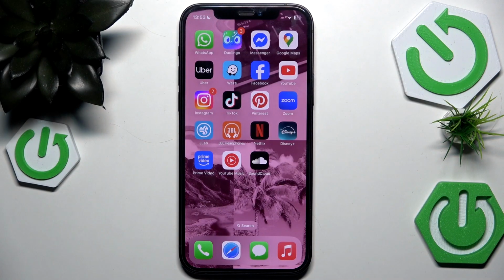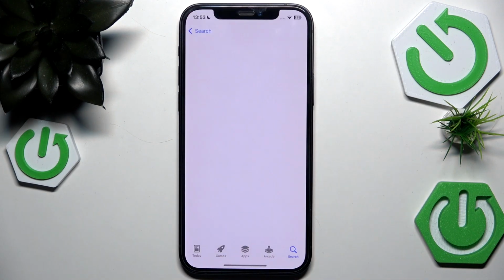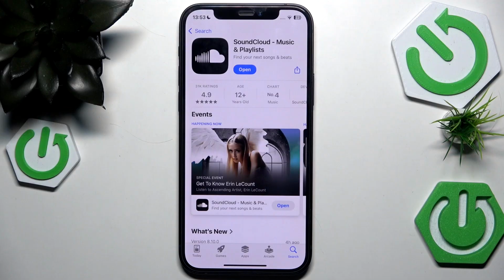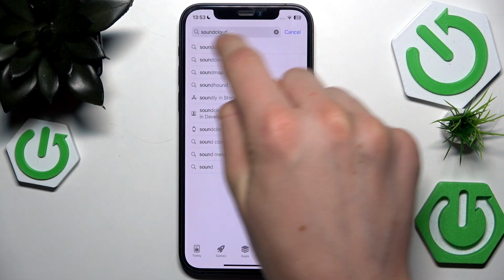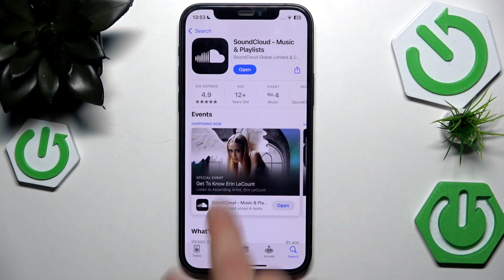If you discover some issues with your SoundCloud, the first thing you want to do is go to the App Store, go to the SoundCloud, as you can see, just search bar SoundCloud. Go to the SoundCloud, and if you have here an open button, when you have update, maybe you just need to update the app. But if you have open and still have issue,